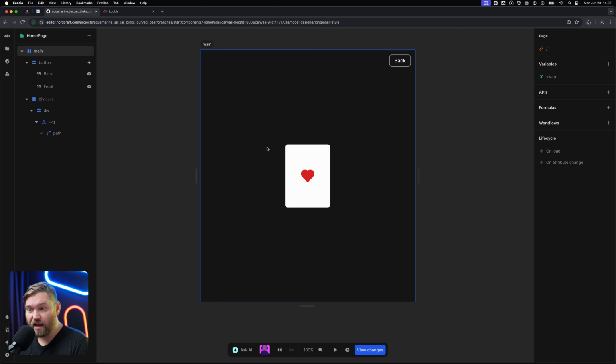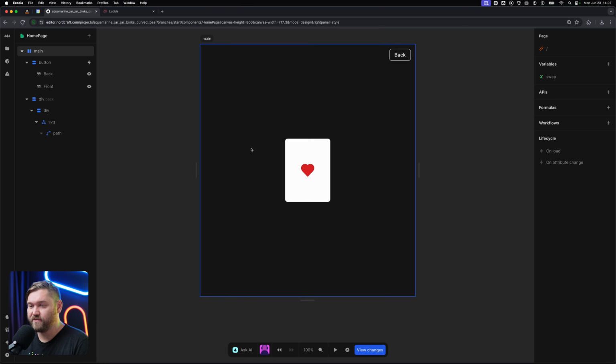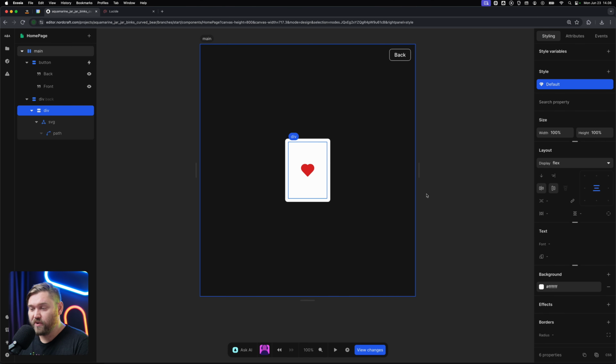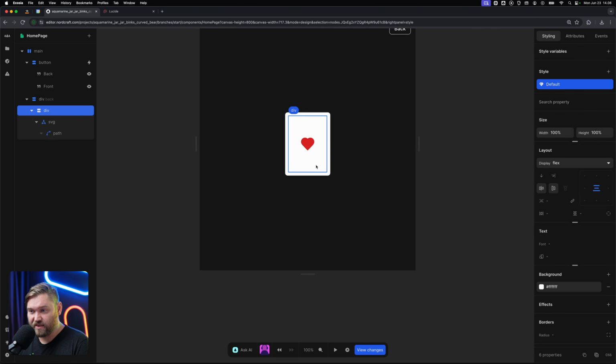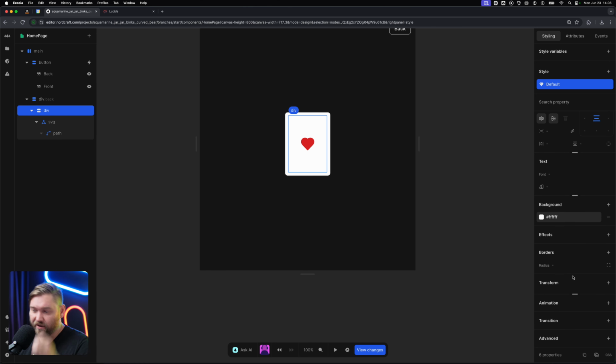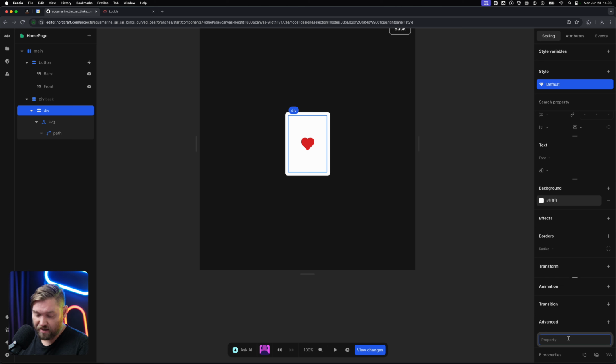And the reason for that is that CSS is not actually built to be a 3D styling system out of the box. All that was added later, and therefore you sometimes have to tell it some otherwise obvious things. So in this case, because the divs aren't technically on top of each other, they're literally on the same plane, we have to tell this one to not have a background. And the way you do that is you add back